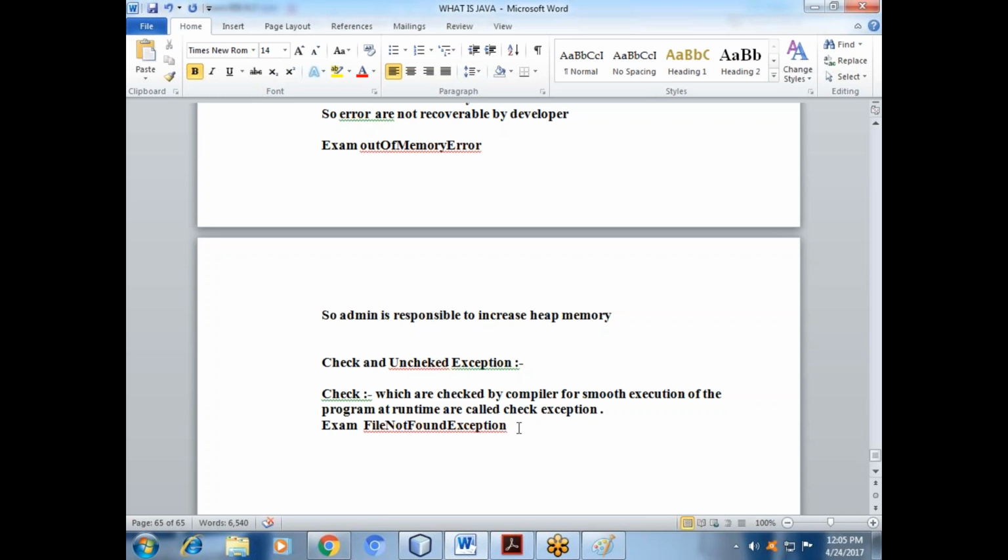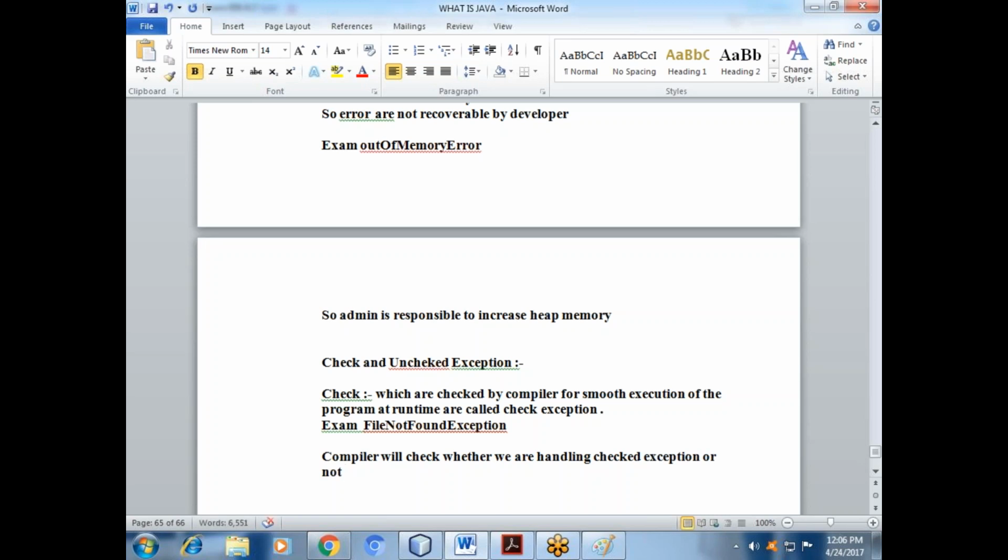Yes, sir. Okay. So you can write: the compiler will check whether we are handling checked exceptions or not.